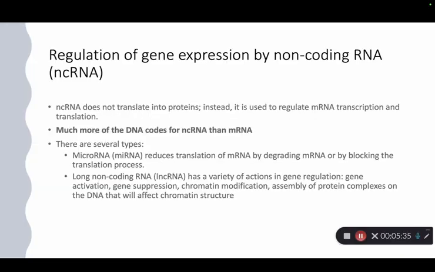Another mechanism for regulation of gene expression is by non-coding RNAs, or ncRNAs. A newer layer of epigenetic control involves these non-coding RNAs, which are RNA molecules that do not code for proteins, but rather regulate gene expression. For example, microRNA, or miRNA, can bind to messenger RNAs and prevent them from being translated, so therefore reducing translation. This fine-tuning is essential in embryogenesis, and it's implicated in diseases such as cancer.